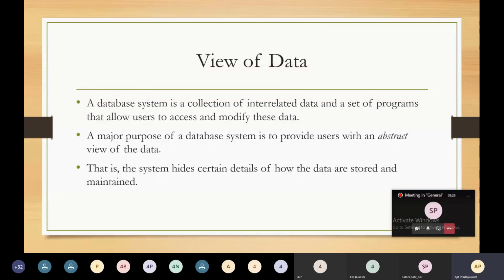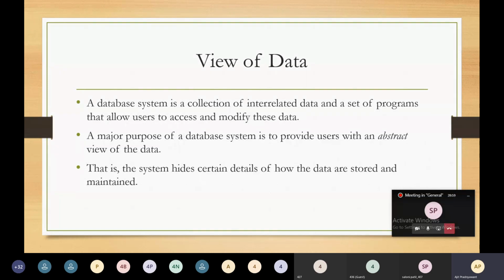So what does the term abstract mean? Abstract means that an important feature is visible to the user, while hiding implementation details from the user. I will take one example. When we start a car, we are performing that operation, but as a user, we don't know exactly how the car is started.